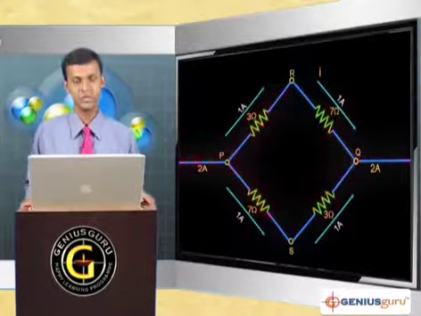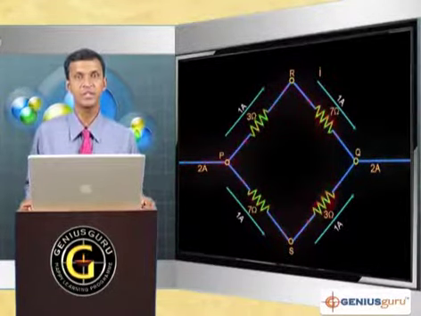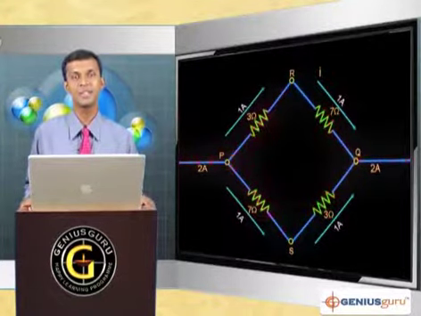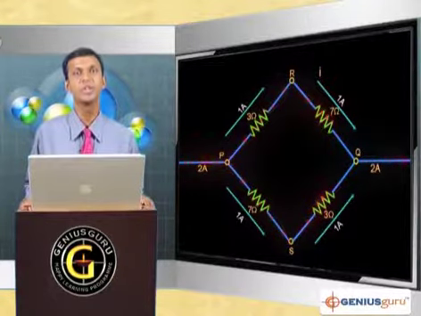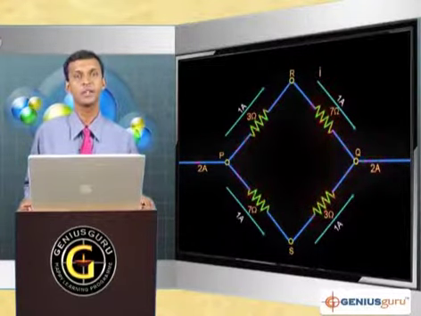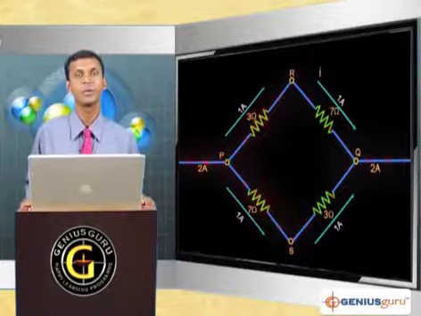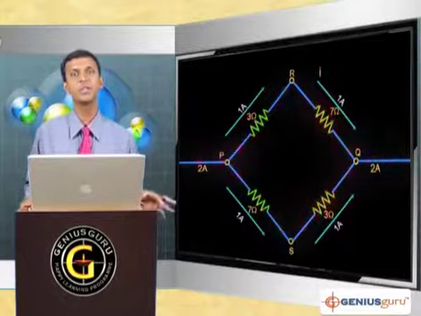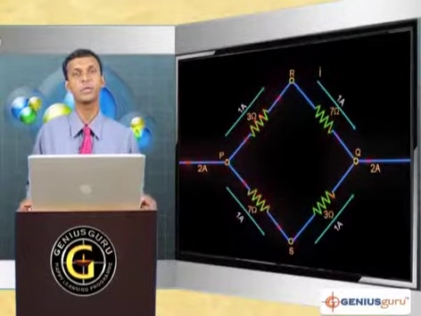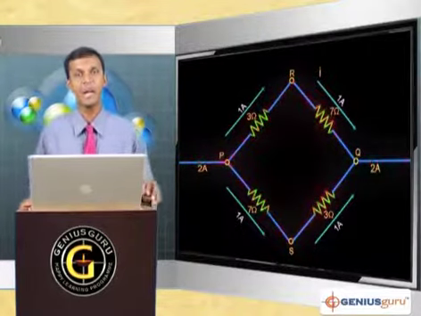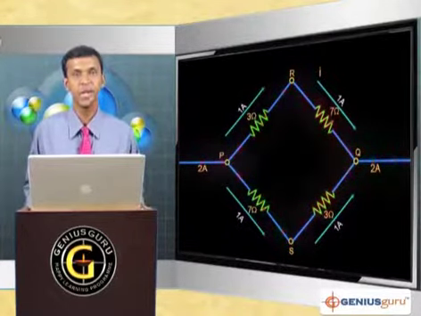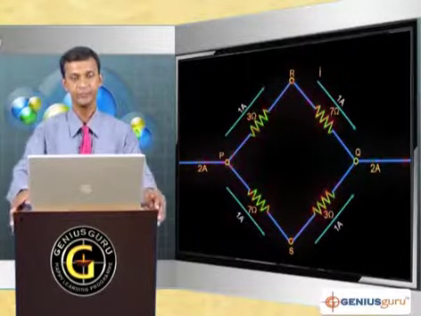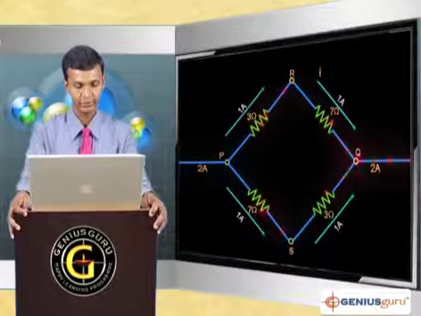If at all it were a balanced Wheatstone bridge, I could say R and S are at the same potential and the potential difference between R and S would be 0. But as the given circuit is not a balanced Wheatstone bridge, you cannot say the potential difference across R and S is 0. So first you test for the balancing condition. If it is balanced, you need not do anything, simply you can write the potential difference to be 0. If it is not balanced, then find the potential at R, find the potential at S, and then find VR minus VS. Now we will proceed further.